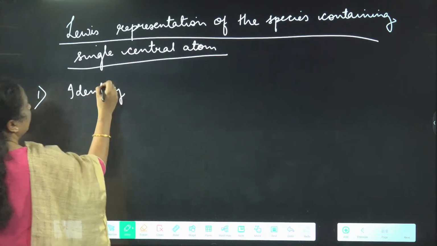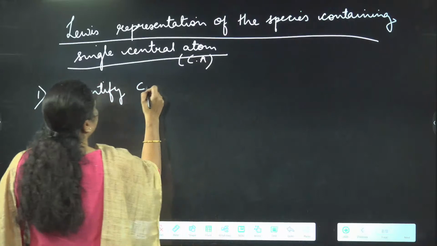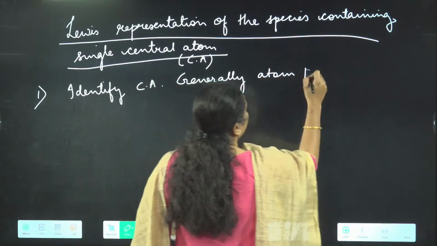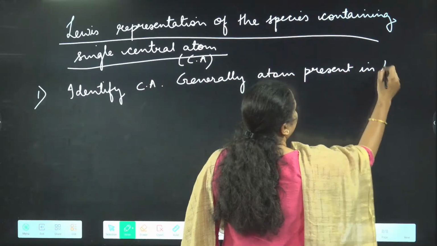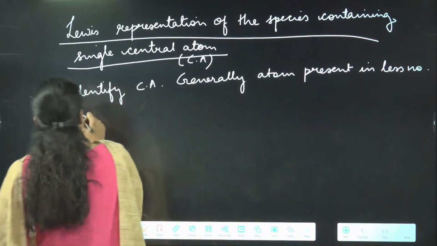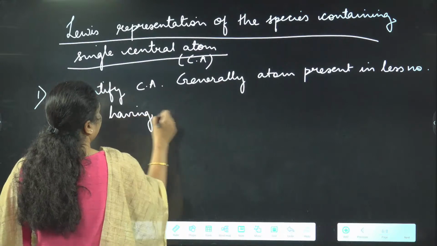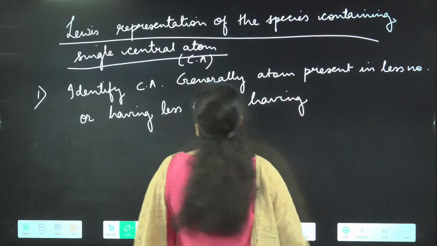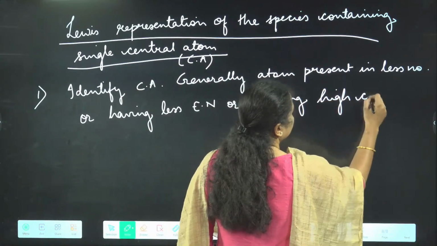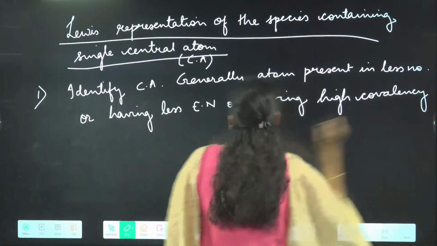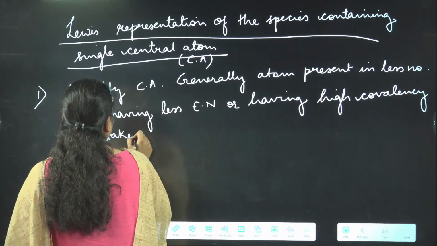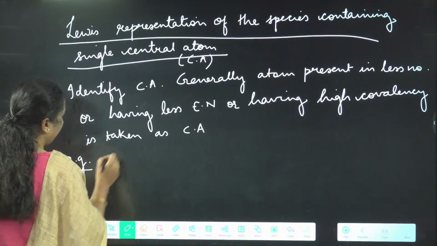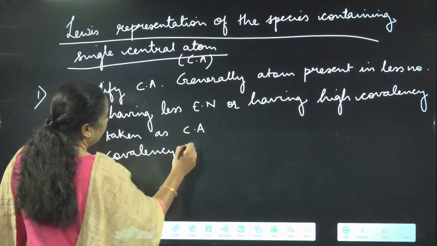Now, first one is identify central atom. For central atom, I'm going to use C.A. Generally, atom present in less number or having less electronegativity or having high covalency is taken as central atom. Yeah? Now the thing is, if I ask you something about covalency of carbon,